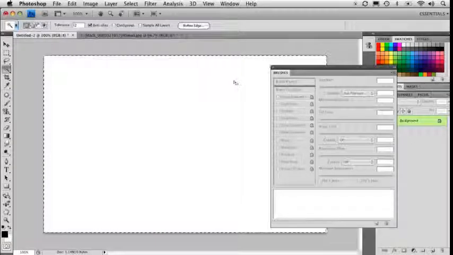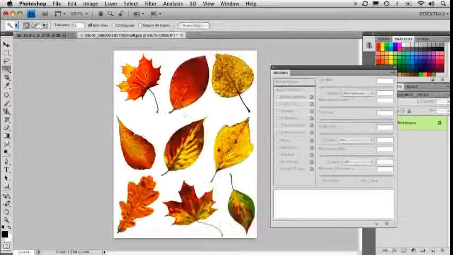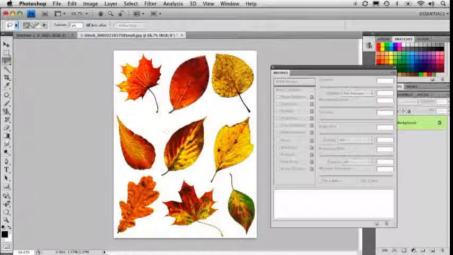Okay, I wanted to talk about one more aspect about brushes, and that's something I mentioned earlier about creating your own preset brushes inside Photoshop and being able to use them whenever you want. So I'm going to jump over to this file I've got open here, and I want to define a brush out of one of these leaves here. I'm going to generate a selection of it, and I'm just going to choose this middle one right here, and I'm going to use my lasso selection tool and just draw a very loose selection around